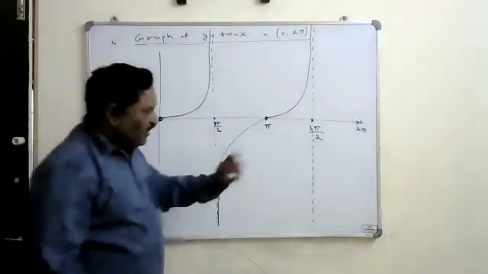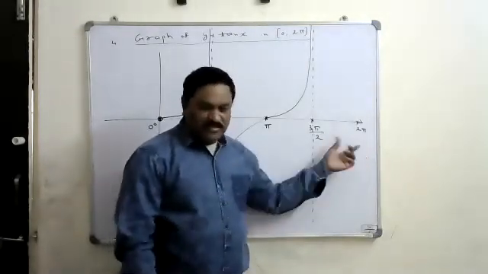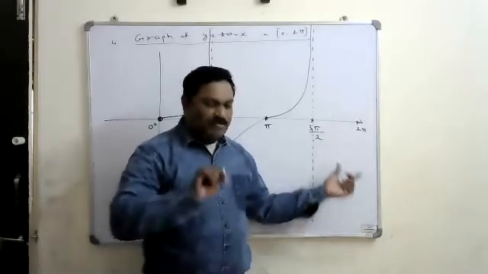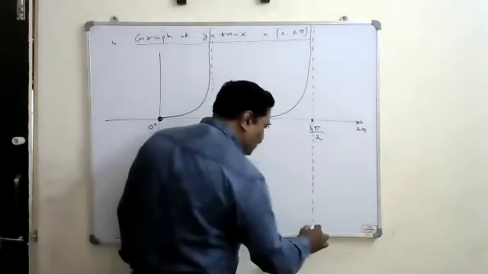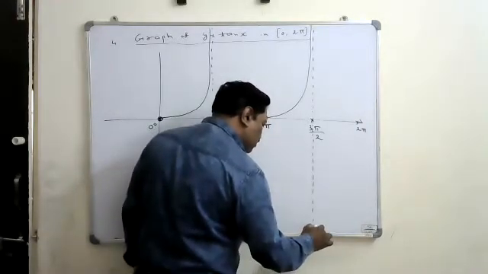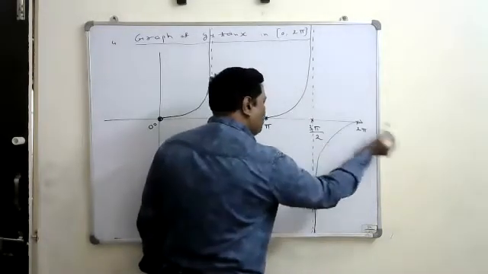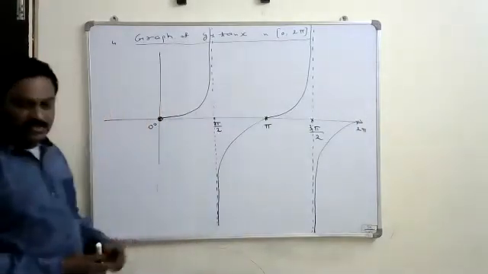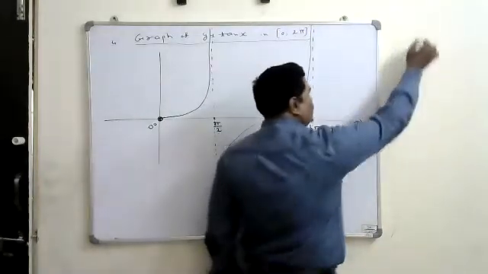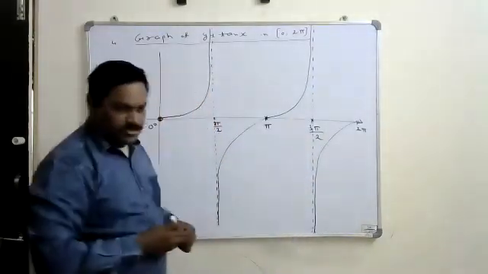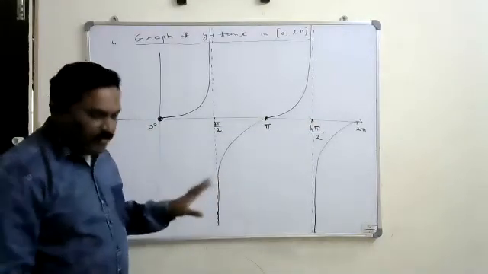And again, 3 pi by 2 to 2 pi, 270 to 360, these are the angles of the fourth quadrant. In the fourth quadrant, again tan is negative. That's why it comes from negative infinity along this infinite line, and when x equals 2 pi it reaches 0. So this is the graph of tan. Further, if you extend it, this graph will continue like this. The same graph is going to repeat there also. So this is the graph of tan x.